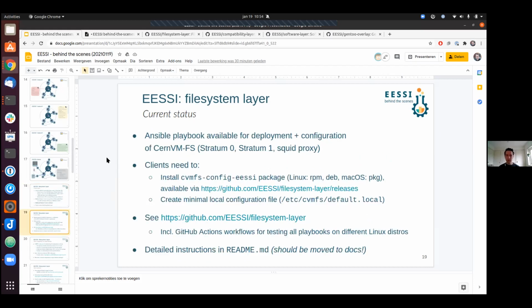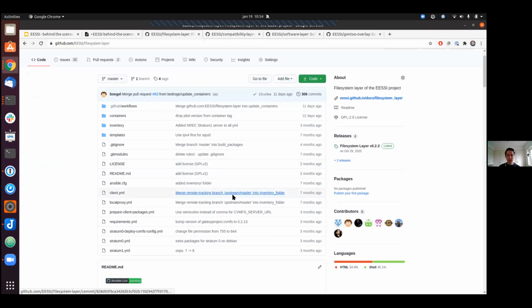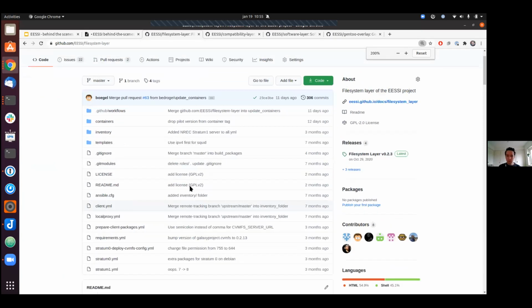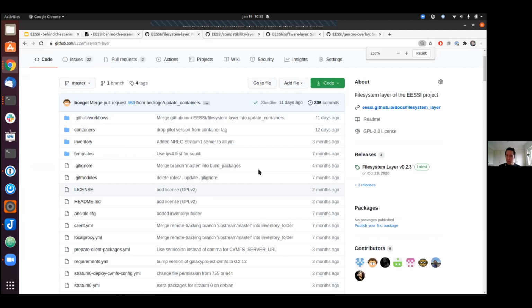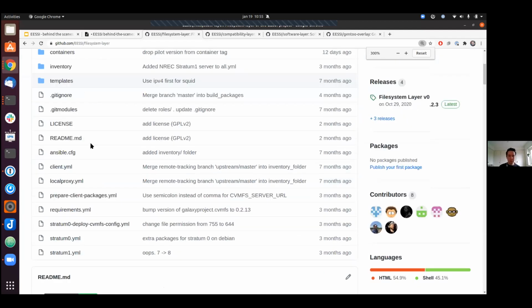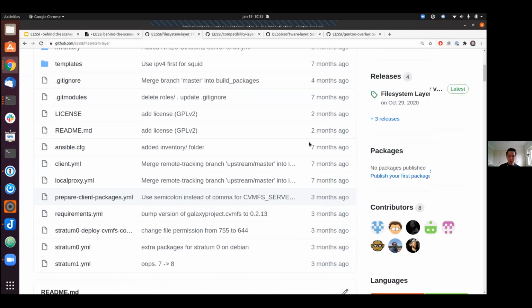For the file system layer, we use Ansible playbooks. So I can show you how that looks at the moment. Let's switch to this tab on GitHub. So this is the file system layer repository in GitHub. I can zoom in a little bit, if that works. So as you can see, in the root folder, there are multiple